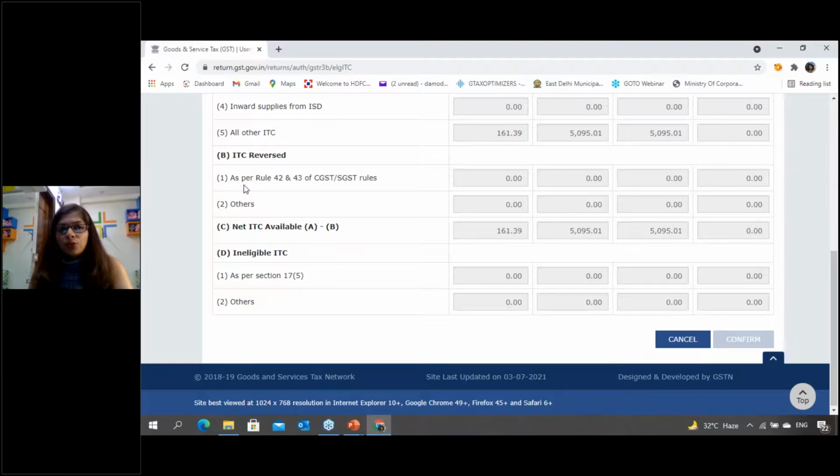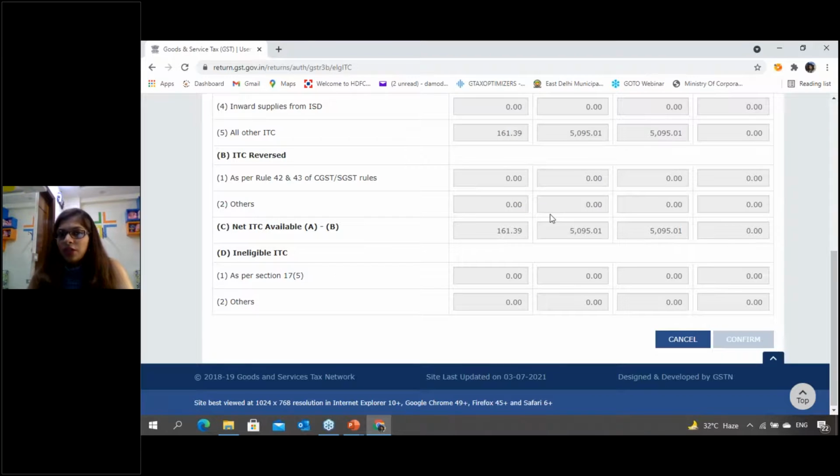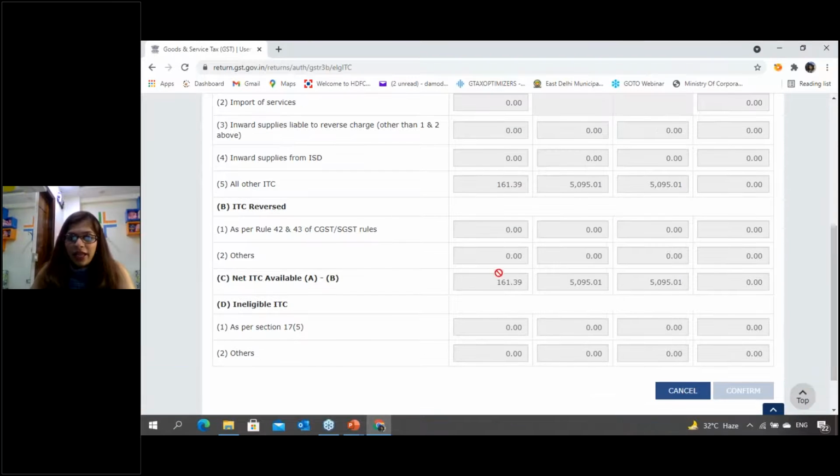What I'm going to do, the 60 rupees which I am required to reverse, I'll mention it here. ITC to be reversed as per Rule 42 and 43. I'll mention it here, it will get deducted, and I'll get the net ITC available. A minus B will come here. So this will come out to 40 rupees. I'm taking that 160-40 example only. So I'll get the net ITC available here, 40 rupees. Okay. Rule 42 and